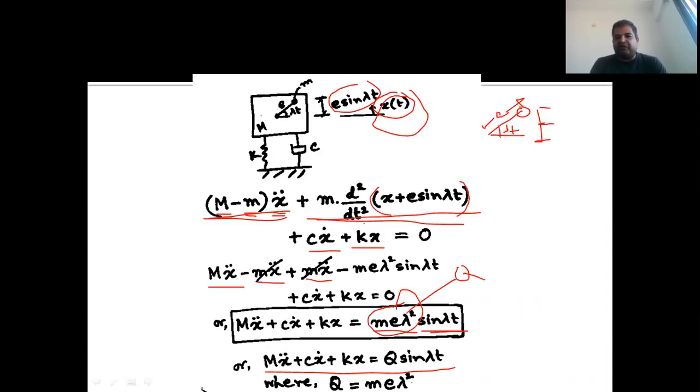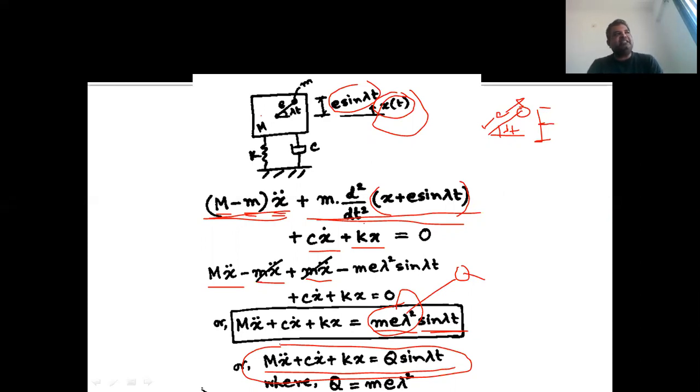Have you seen this equation before? Just now we have established for forced vibration with the harmonic excitation in a previous case with a similar equation. Last time we had taken p sine lambda t or p cos lambda t. Here there is a q in place of p. So the equation is same. The same way for this equation, you can derive the complementary function, particular integral, and then you can define the value of A and B, and that way you can find out the complete solution.